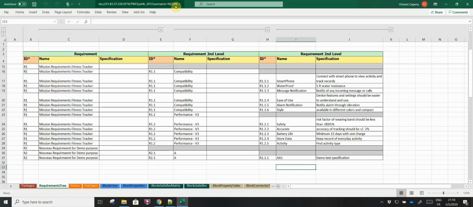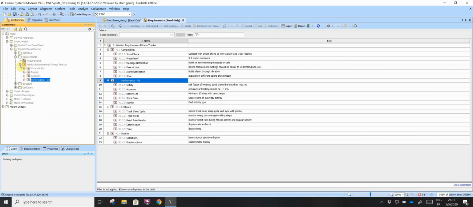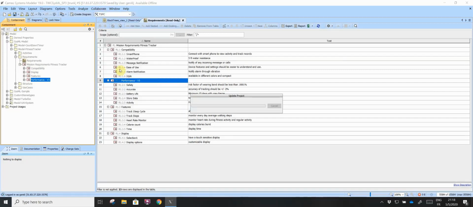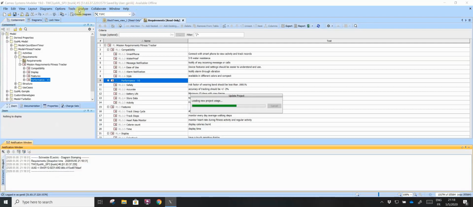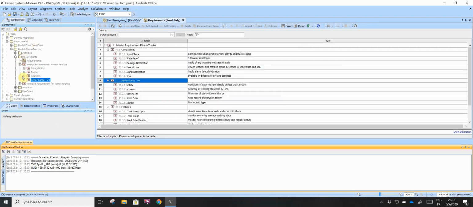And now I switch back on the system engineering environment, the Cameo Systems Modeler, and I will update my model. So prior to update, let's have a look at the requirement set. And as you can see, there is only one requirement of level 0, mission requirement fitness tracker, and no other requirements of level 0. So I click on collaborate, I update the project, and now I will observe, as soon as we'll be in version 6, that there is a new requirement of level 0 that is called nouveau requirement for demo purpose, with the requirement level 1 called A, and the third requirement